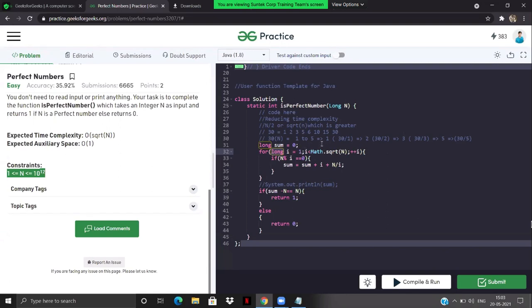So I need a variable which should iterate in this range. Since n is a long variable, I have taken a loop variable which iterates for all the long ranges. Is that clear? Any other doubt, guys?